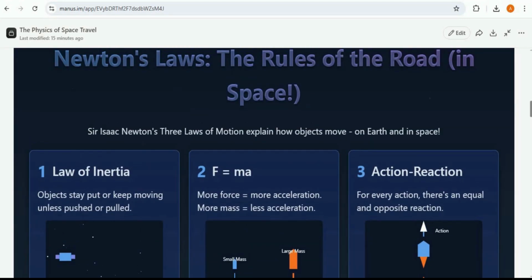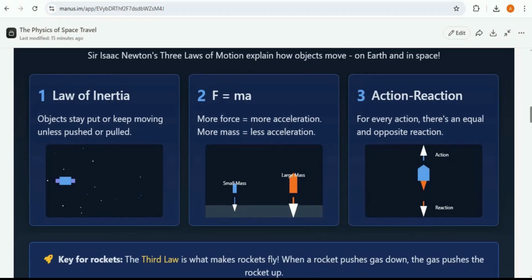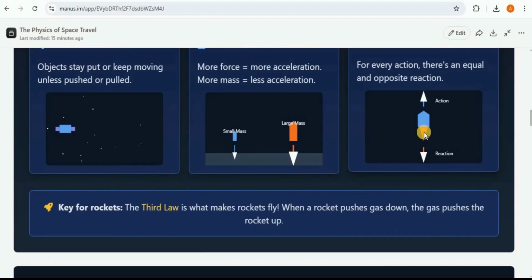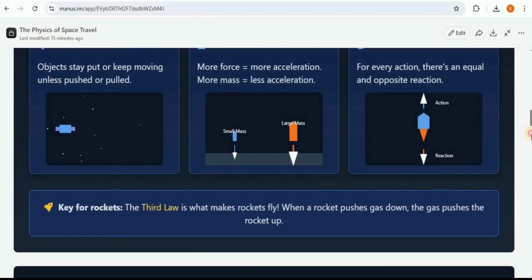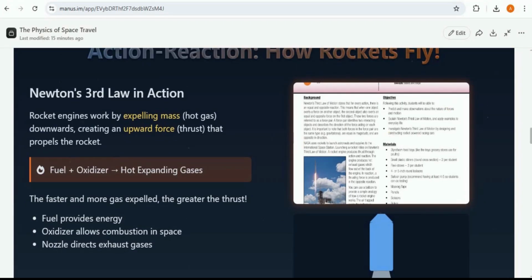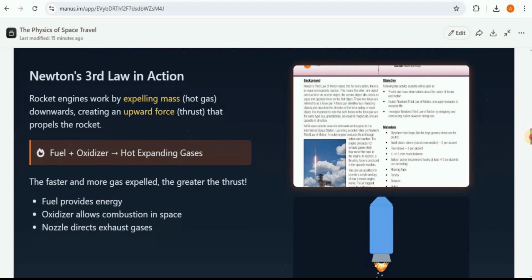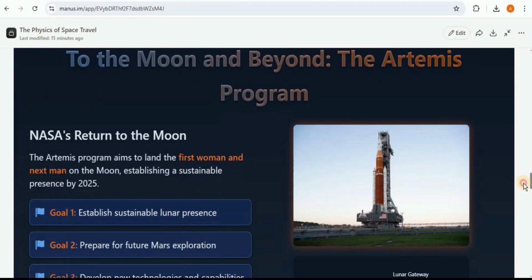Here you can see that we have the Newton laws, and in order to support all of the laws, they have added an image as well, and there are different types of animation in the images too. And you can see that this is the page which they have extracted from the PDF file that I previously showed you. So they have not only provided you the information, they have also provided you reference images of where the information has actually been fetched.